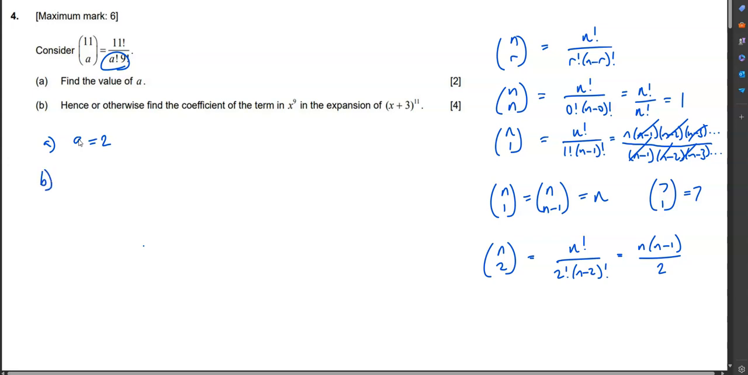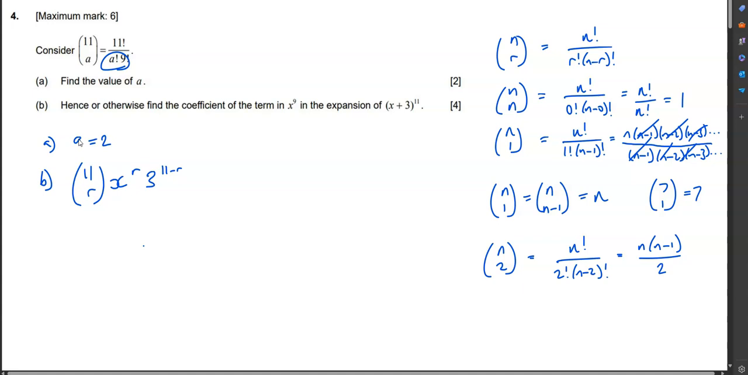Back to the question. We need to find the x to the 9 term. Now, we can consider the general term, which is given to you in your data booklet. We have n choose something, and in fact, we know that n is 11. So every single term is made up of the binomial coefficient, which is 11 choose r, r being the something corresponding to the number of the term. And then we have the first thing to the power of something,